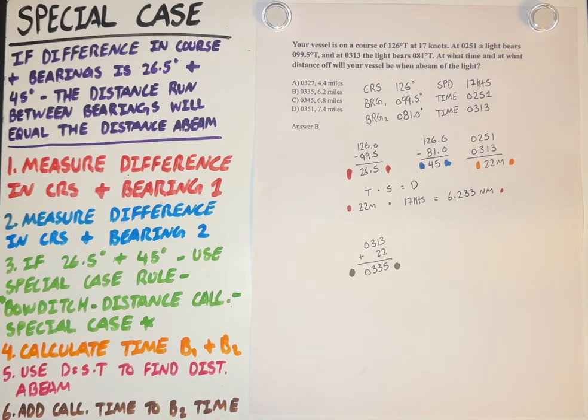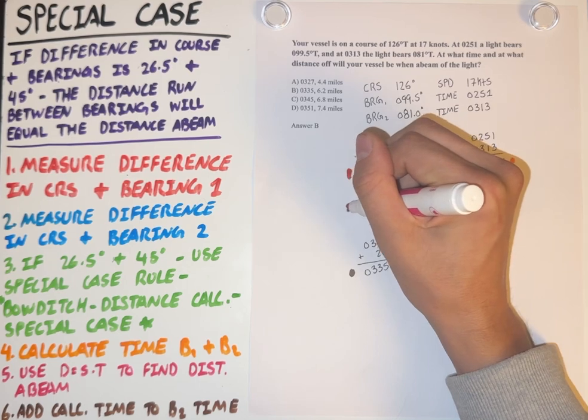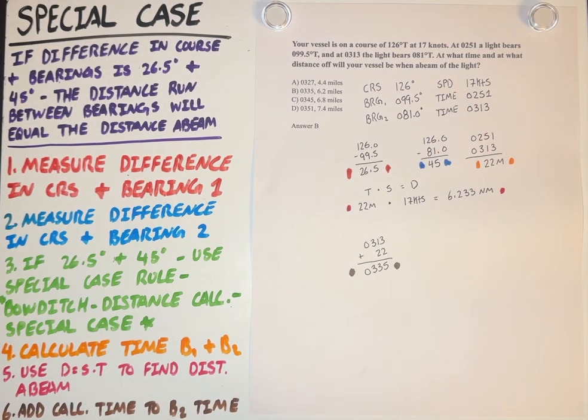Step 3 is to calculate the time between bearing 1 and bearing 2. 0313 minus 0251 gives us a time of 22 minutes. So we're getting one step closer to finding that distance. We can then use, for step 5, our distance equals speed times time formula to find the distance when abeam. So 22 minutes times 17 knots gives us a distance of 6.233 nautical miles. We'll look at answer choice B, and that is